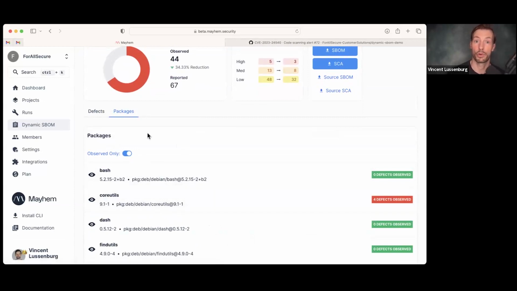It can be, for a developer, sometimes easier to just look at the packages before they look at the CVEs, because I don't really need to understand the individual defects if I see that there's a package which has multiple problems, and I can just upgrade it to a newer version where these problems don't exist. So that's the really short overview of how we combine this profile running on different environments,